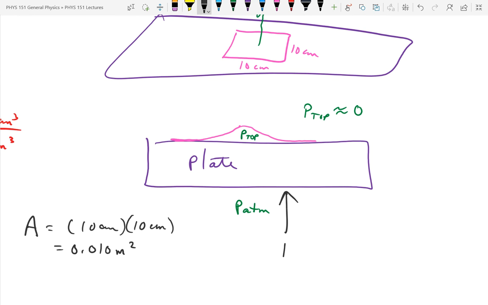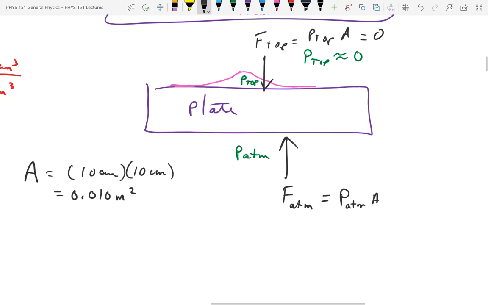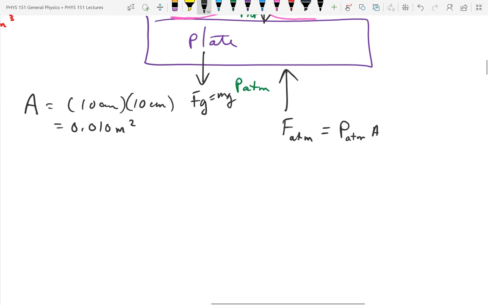What is the force of the atmosphere pushing up on the bottom if that's the area? What's the equation for force related to pressure? Pressure times area. Force is pressure times area. Okay, what about the force pushing down on the top? That's going to be force top equals pressure top times area, which is approximately 0, because we said the pressure top is approximately 0. And then, of course, we have to consider one more force. Force of gravity is equal to mg. If it's in equilibrium,